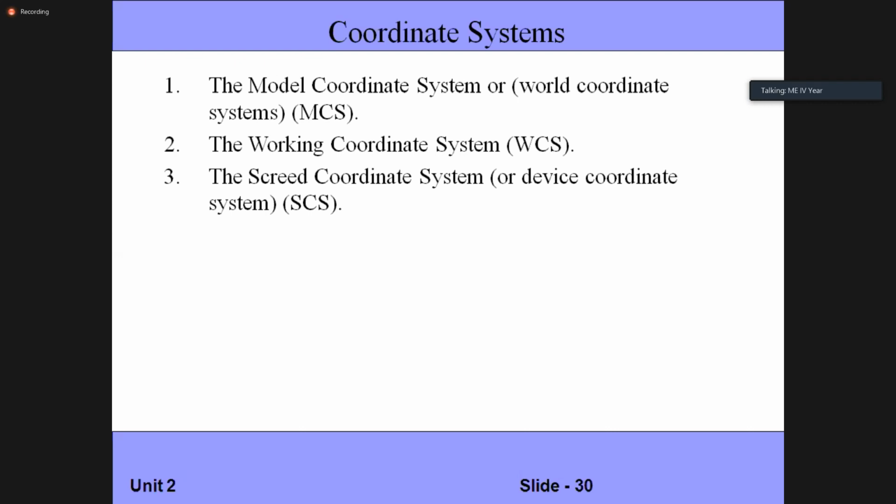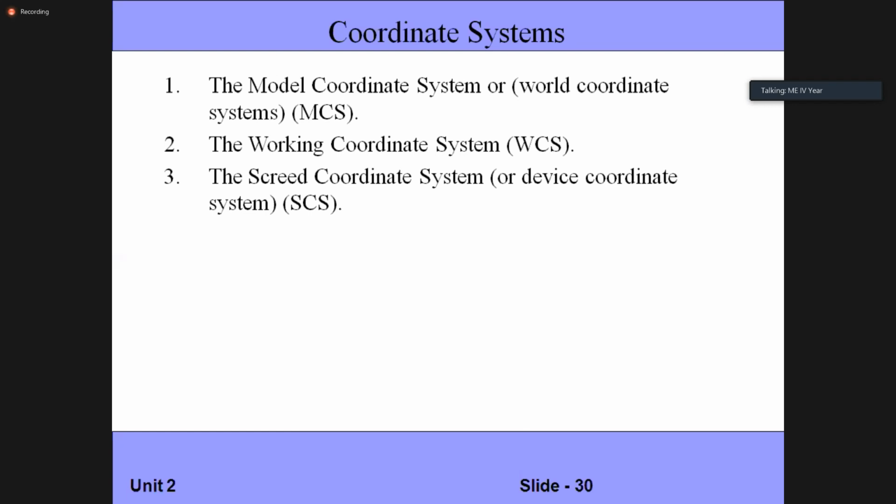If you consider these L and Z sections, and you want to identify the x1, x2, x3 values, then you refer to the y-axis, and if you want the y1, y2, y3, then you refer to the x-axis. So for every value we are referring to one particular axis. This is nothing but relative, so we are relating to one particular axis. That is the relative coordinate system, and the other one is polar. Whenever you are going to measure any angular dimensions, you go with the polar coordinate system.